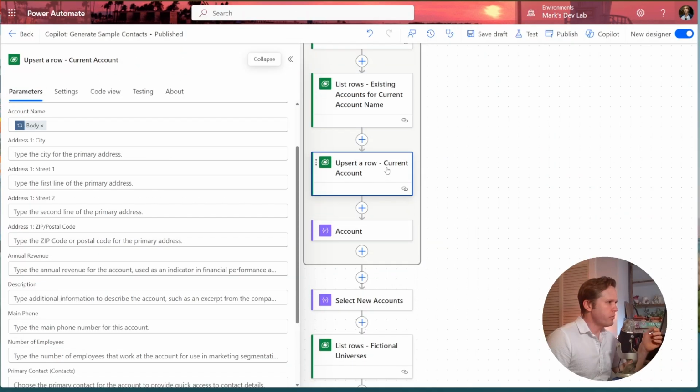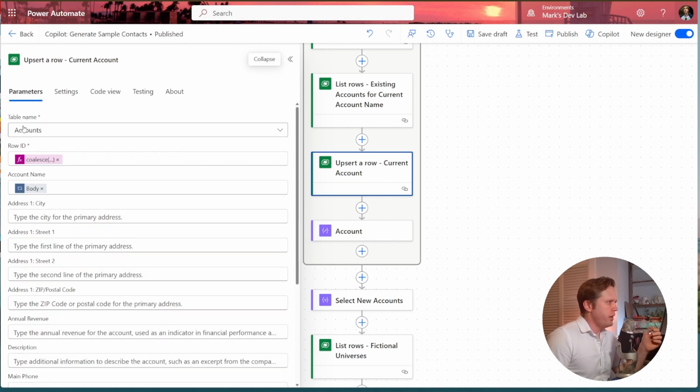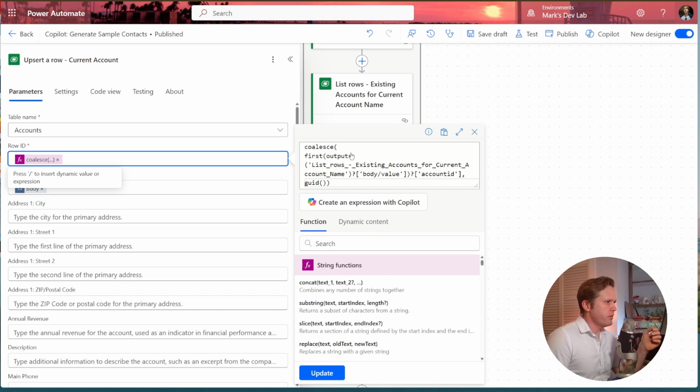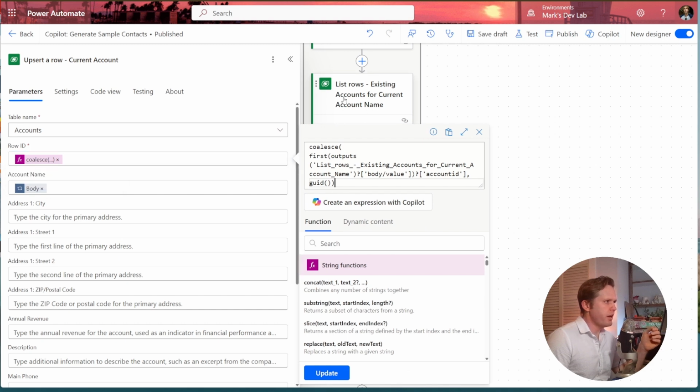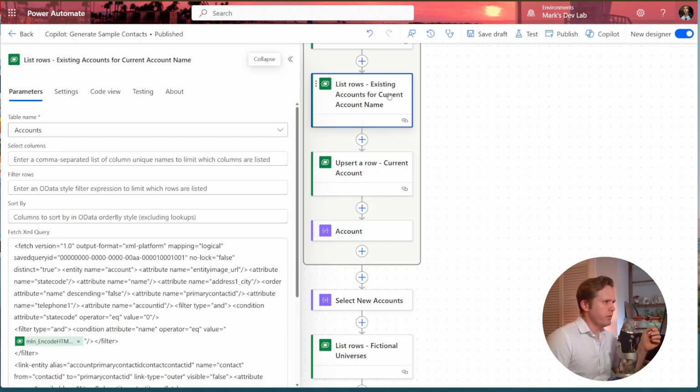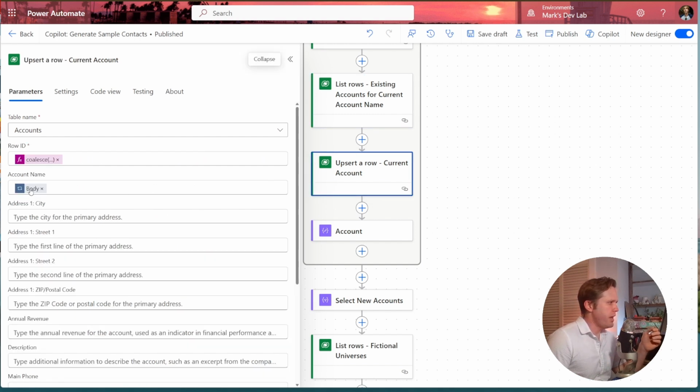And then I use an upsert to update or create a new record if needed. And the way we do that is we just use a coalesce here to pass the first account ID found from this action as the first parameter, and then the fallback is a brand new GUID. So we either get an ID that's already in the system, or we create a new ID and use that with the upsert, and that would create a new record. And then also we're passing in the name. For some reason it renders as body here, but it's just the current item